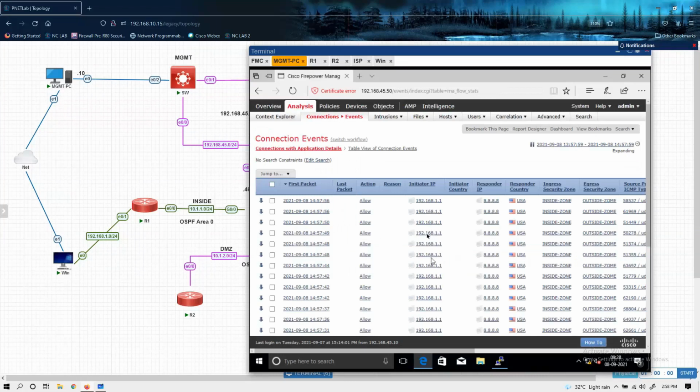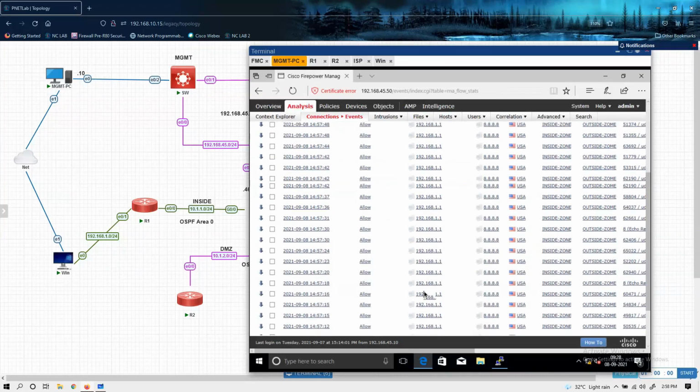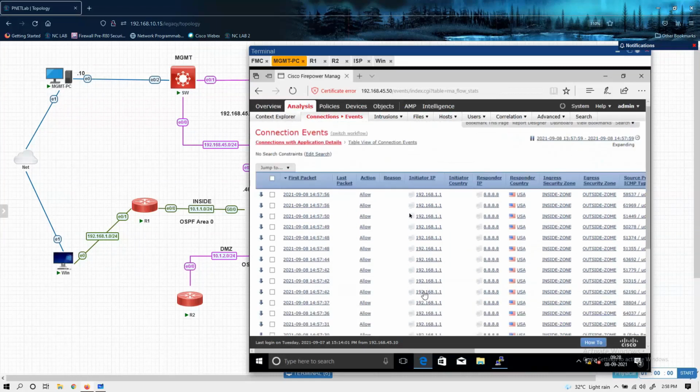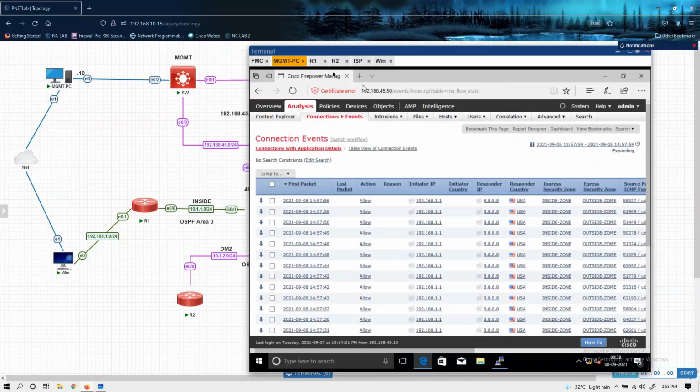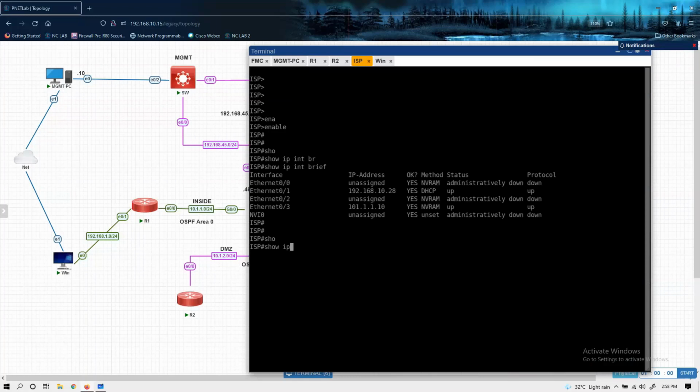Traffic is allowed every time. Then why it is not able to reach? Traffic is allowed. On this ISP router, here we configure these two IP addresses and we configure PAT.